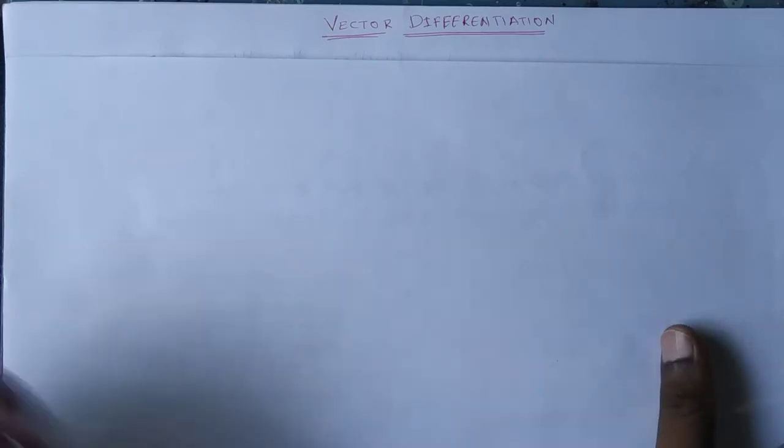Good morning. In this lecture, we are going to learn vector differentiation. So far, from your intermediate onwards, you know what vector algebra is clearly. A vector quantity means any quantity which has both magnitude and direction. And we have the sum of vectors, difference of vectors, and products like scalar product and cross product.